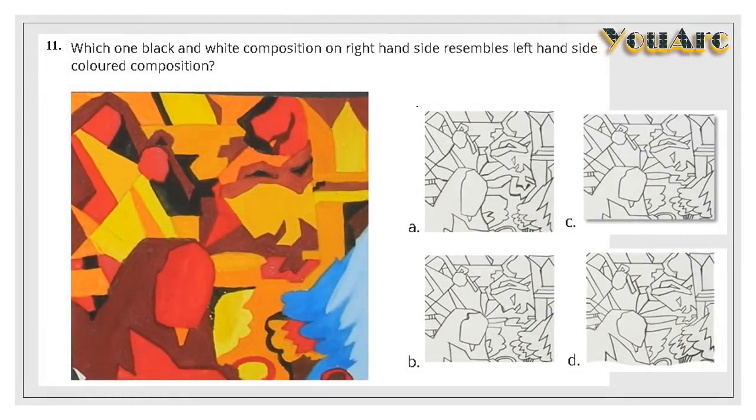This is another type of question which is asked in our NATA first attempt, where they will ask us to find the black and white composition of the question figure, which is a colored composition. So as I already discussed this question, here the option C will be the right answer because it matches with, see, the shape of the face. So it really matches with here. So if you check the other shapes, they will not match with the colored composition. So we are going for option C.